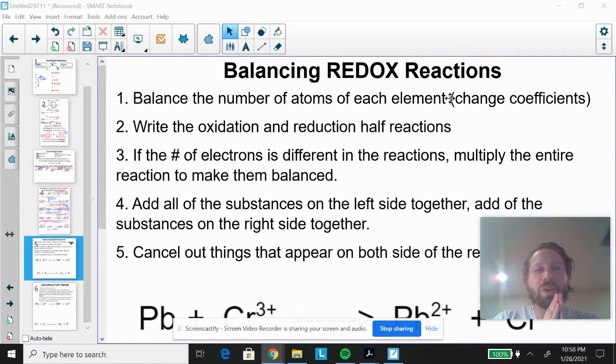So in this video, we're going to be doing balancing of redox reactions. You'll see here that there are 5 steps. We're going to go through each of these steps, and hopefully you will get to the point where you don't have to memorize each of these. It's pretty straightforward. The first is balancing the reaction in terms of changing the coefficients, which is something that